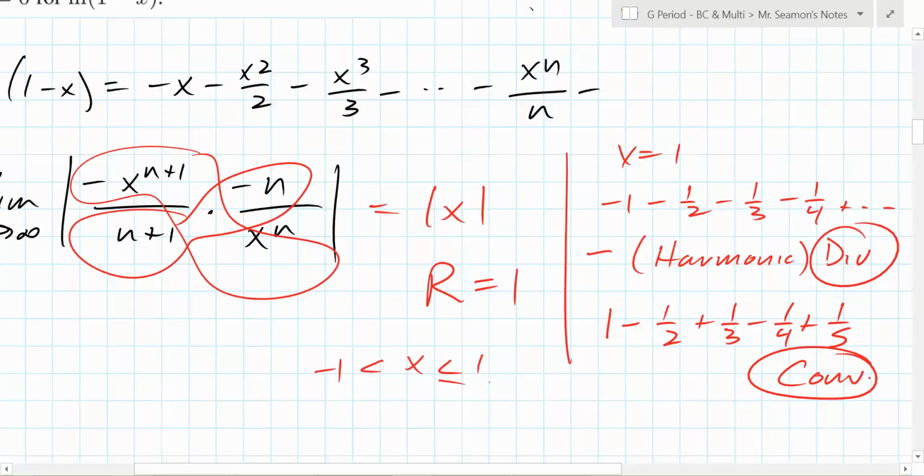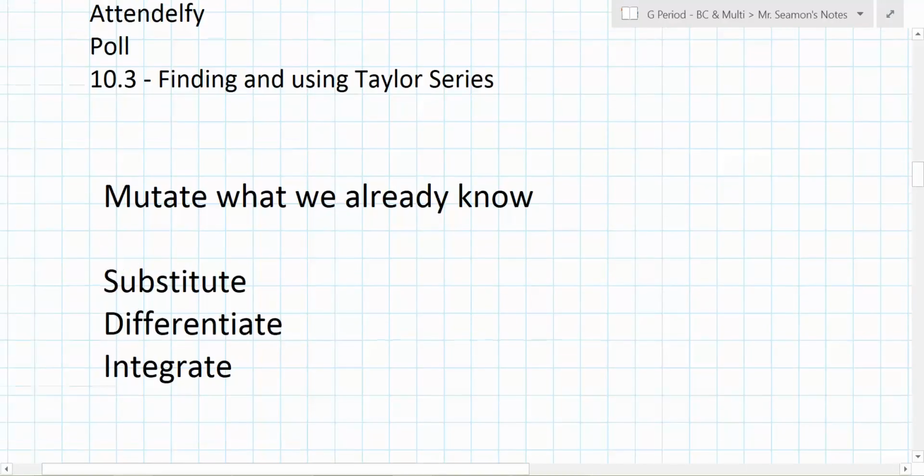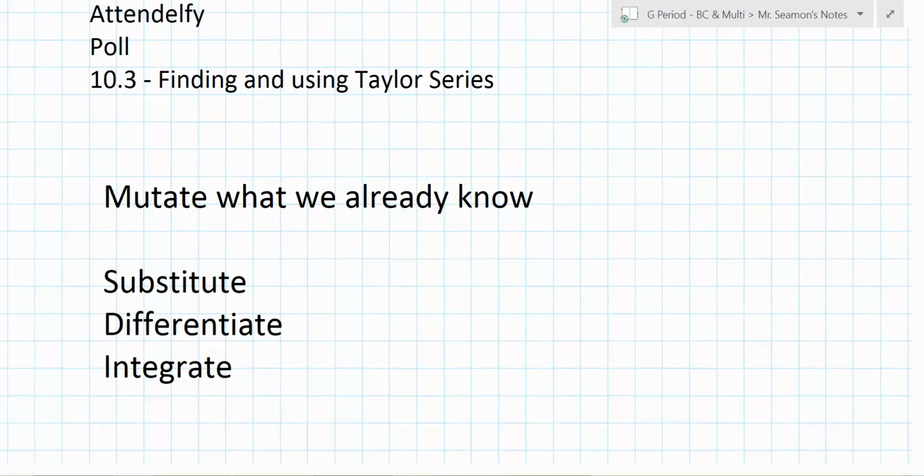So what does it include? There it is, if you did it out. It doesn't include 1, but it includes negative 1. Make sense? Okay. The theme of what you saw last night was that you can build the Taylor series based